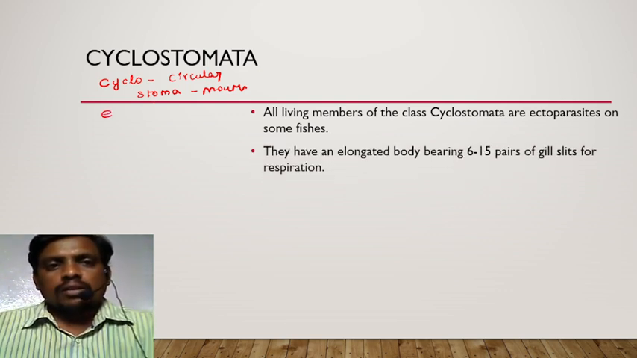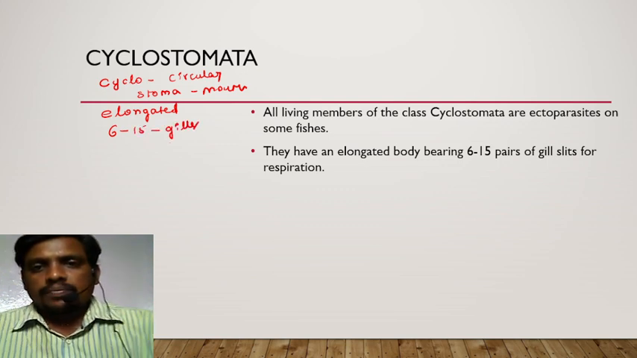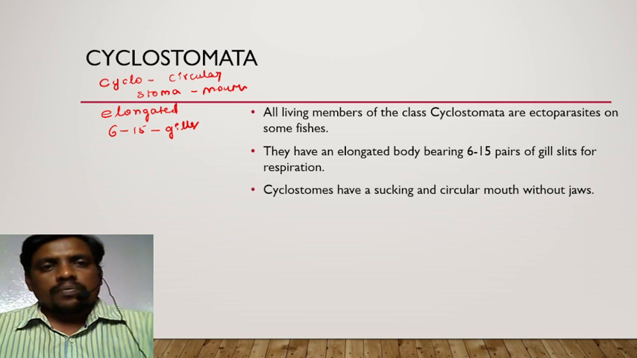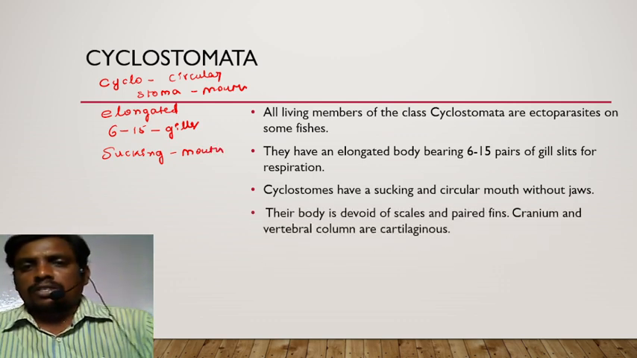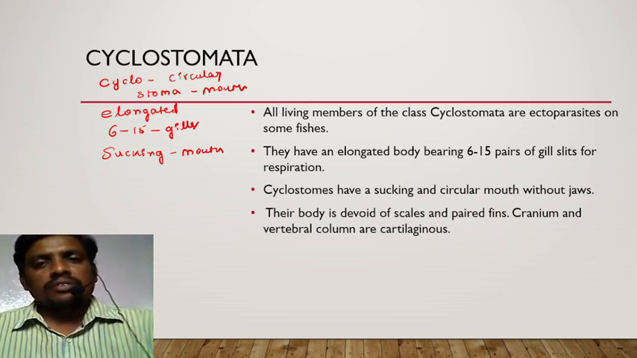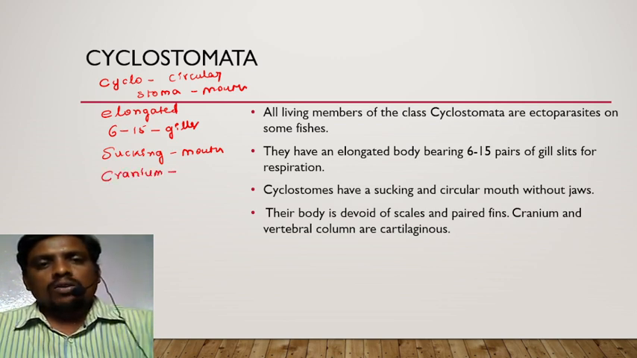They have an elongated body, just like eel fishes, and bear 6 to 15 pairs of gill slits, which are helpful for respiration. Cyclostomes have a sucking and circular mouth. The mouth is circular and at the same time sucking in nature, and jaws are not present. Their body is devoid of scales and paired fins. The cranium and